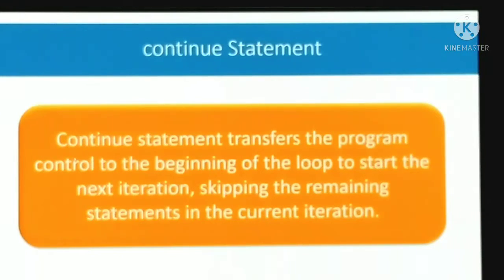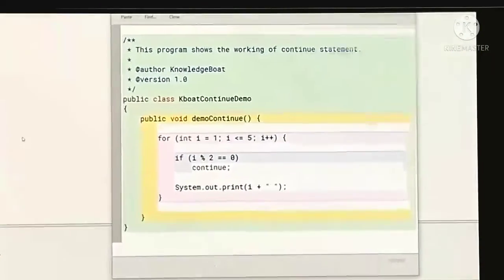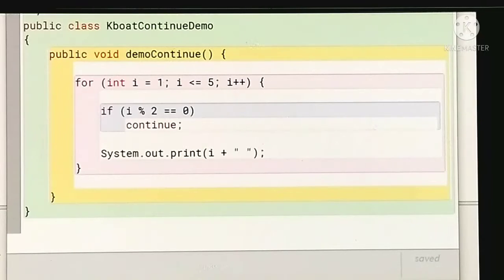So next is the continue statement. The continue statement transfers the program control to the beginning of the loop to start the next iteration, skipping the remaining statements in the current iteration. So actually this statement is exactly opposite to the break statement. If you look at this, integer I is equal to 1, I less than 5, I plus plus.